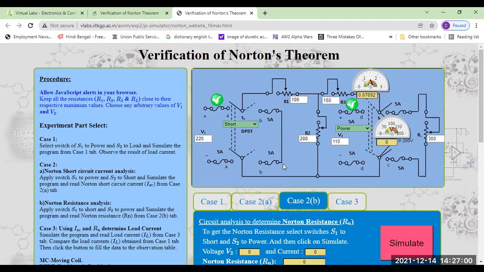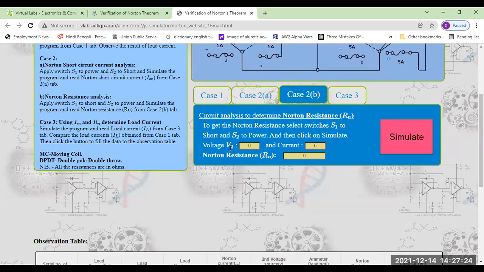In our paper and pen calculation, we do it by summation, because it will be open, and then we count one by one. This and this will be parallel, then the equivalent resistance will add to this. But here this scope is not there. That's why this voltage source is applied over here, and we can get the current. So if we get the total current, then we can divide the voltage source by this current, and we get Rn. So have you any confusion?